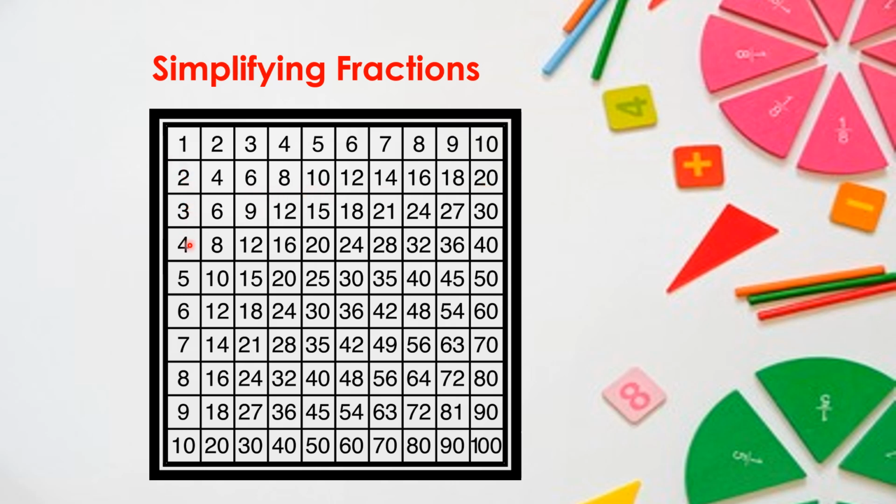Similarly, the 3 table, 4 table, 5 table, 6 table, 7 table, 8 table, 9 table and 10 table. So all the 10 tables, we have to arrange in rows so that we can visualize and reduce fractions to their simplest terms in a very easy way without any calculations. Just by observing where the number is, we can get the final answer.